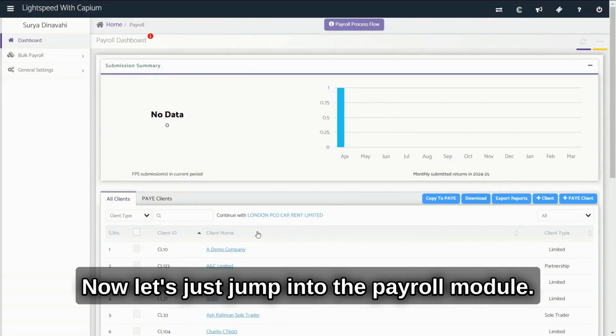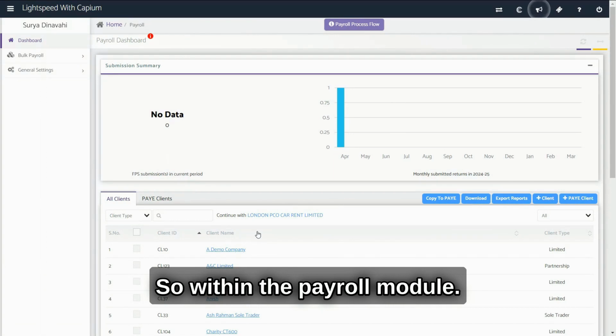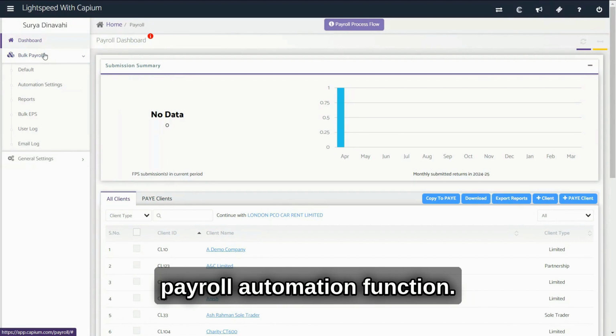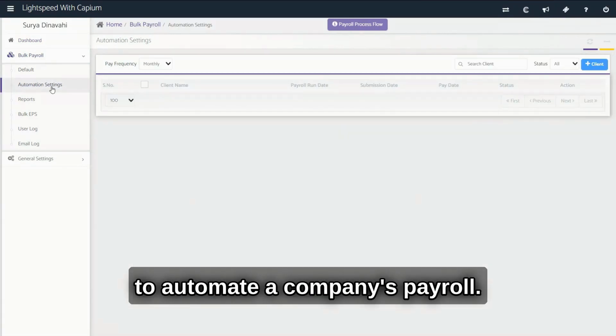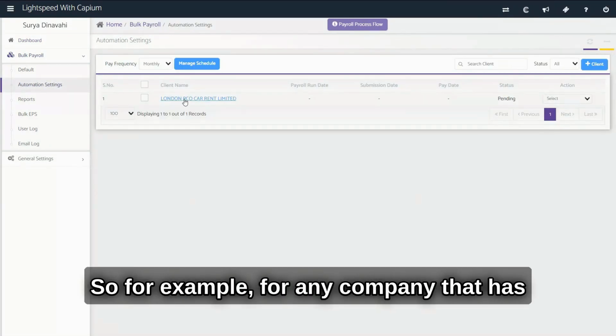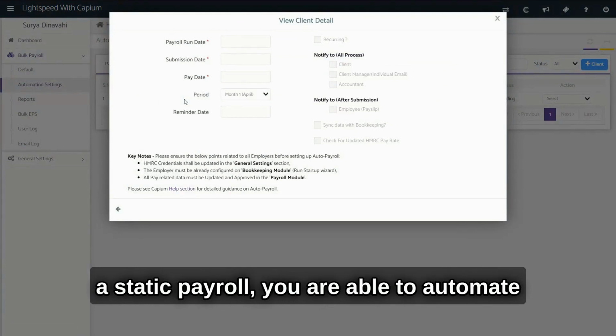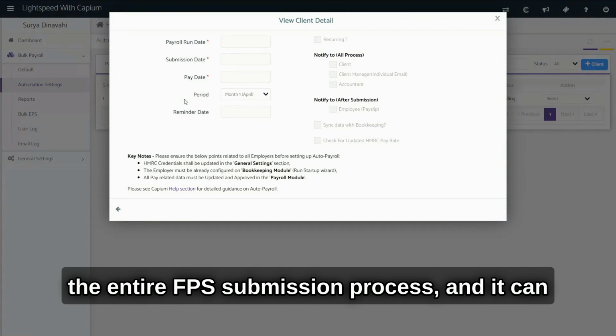Now let's just jump into the payroll module. Within the payroll module, our key feature is the payroll automation function. With this, you are able to automate a company's payroll. For example, for any company that has a static payroll, you are able to automate the entire FPS submission